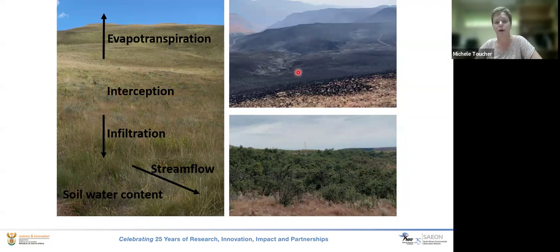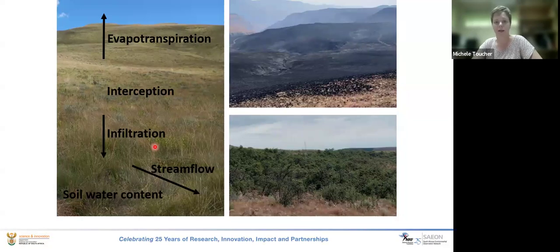For example, if a fire goes through a landscape, there's no more vegetation for the interception components or for transpiration for an amount of time, until that vegetation comes back. If you move from a grassland to a woody species or a tree, you're going to intercept more water than you would with the grassland. So that was just a bit of background.